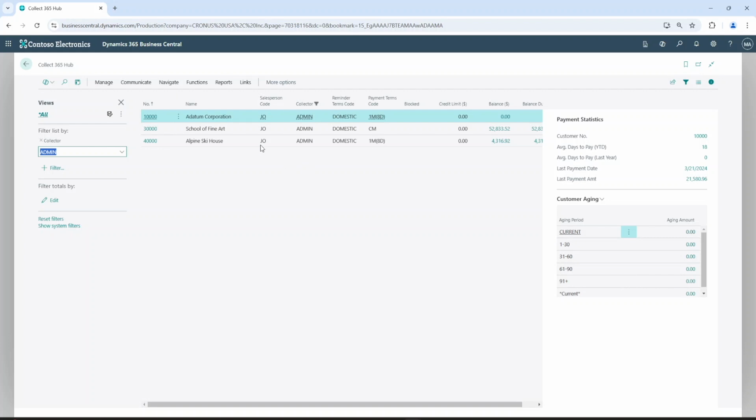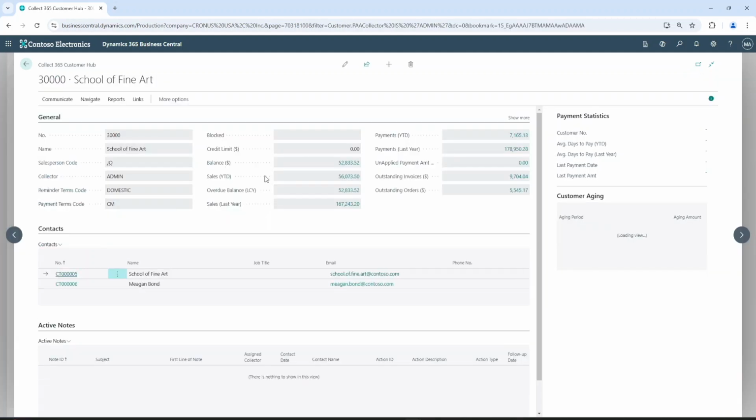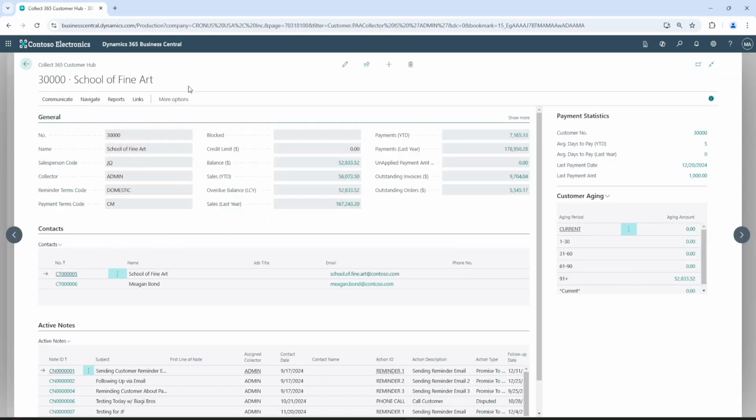Now, when you select those customers, you can see off to the right-hand side showing some of those payment statistics, as well as your customers' aging, which go back to the buckets that you set up in Collect 365. So let's drill into the School of Fine Art here. This brings me into the second page here of the Collect 365 Hub, showing me some general information, and this